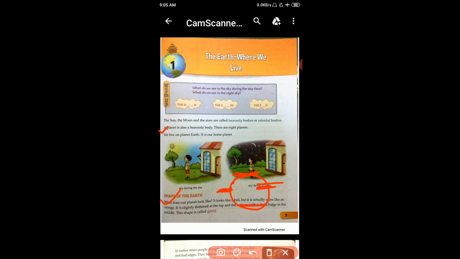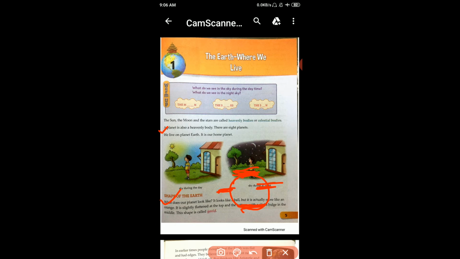Now once again, student, it is slightly flattened at the top and the bottom. So top and bottom it is flat, and there is a slight bulge in the middle.